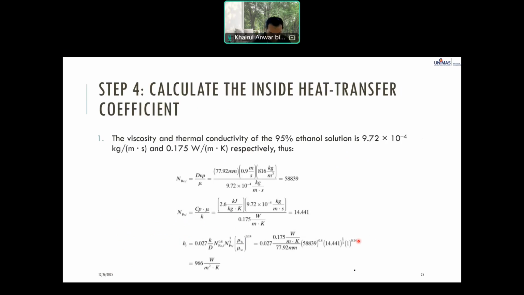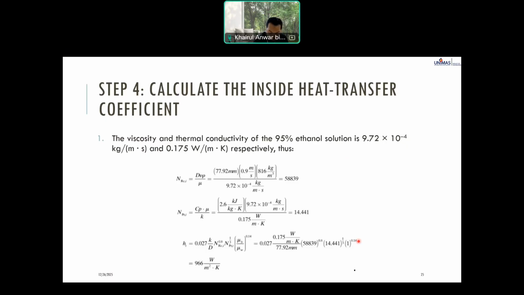D here refers to the inside diameter for the inside pipe, meaning it's for the ethanol, so 77.92 mm, 0.7 meter per second